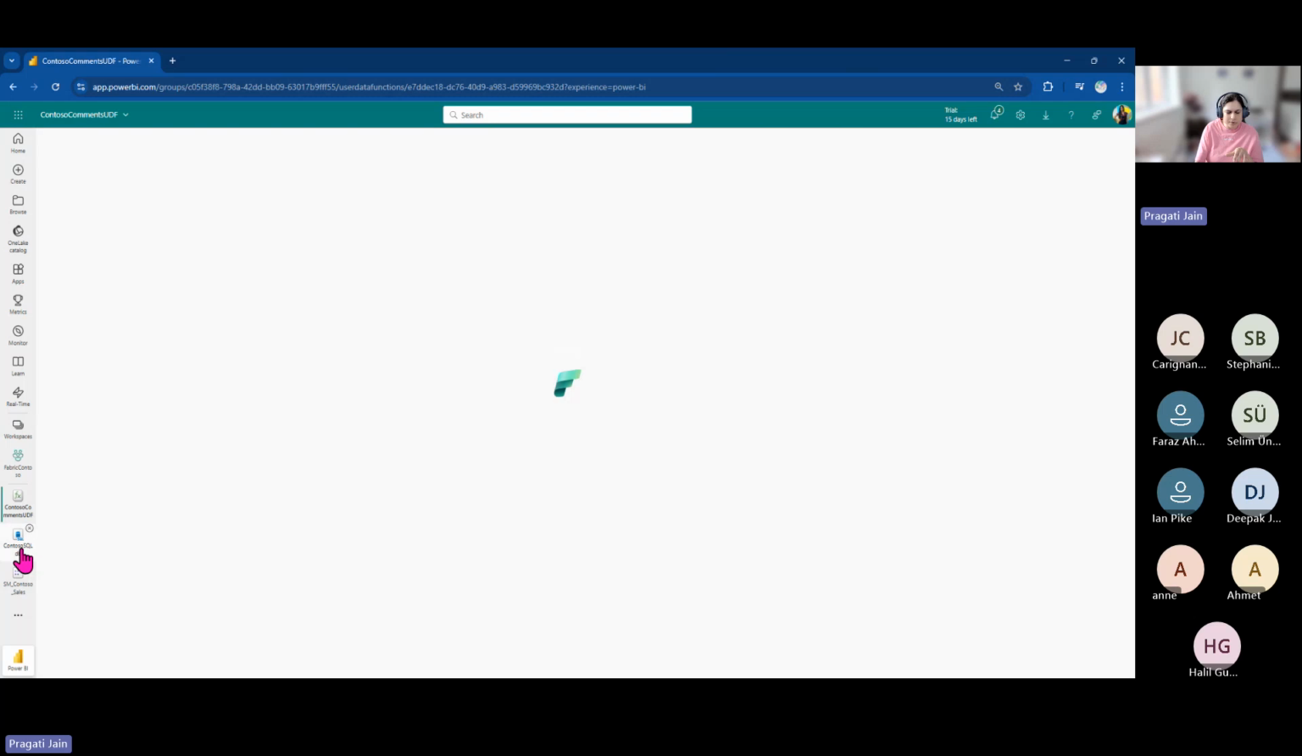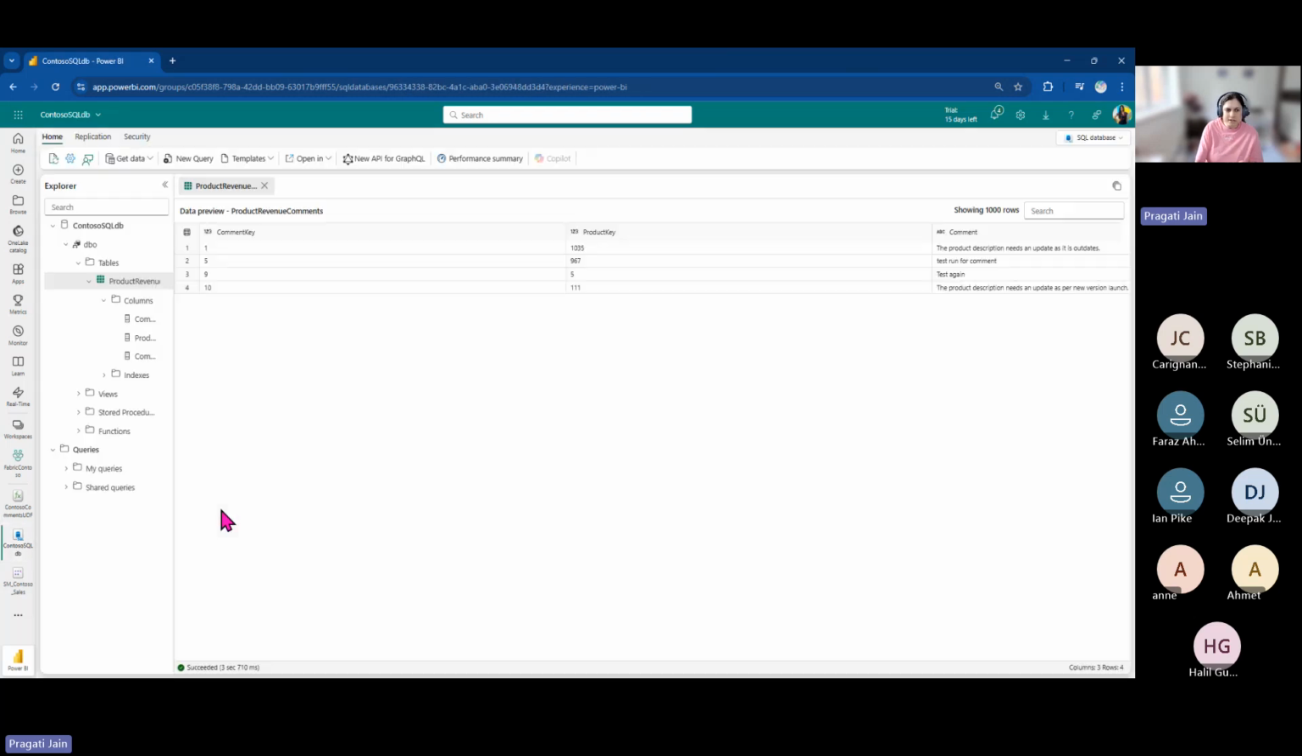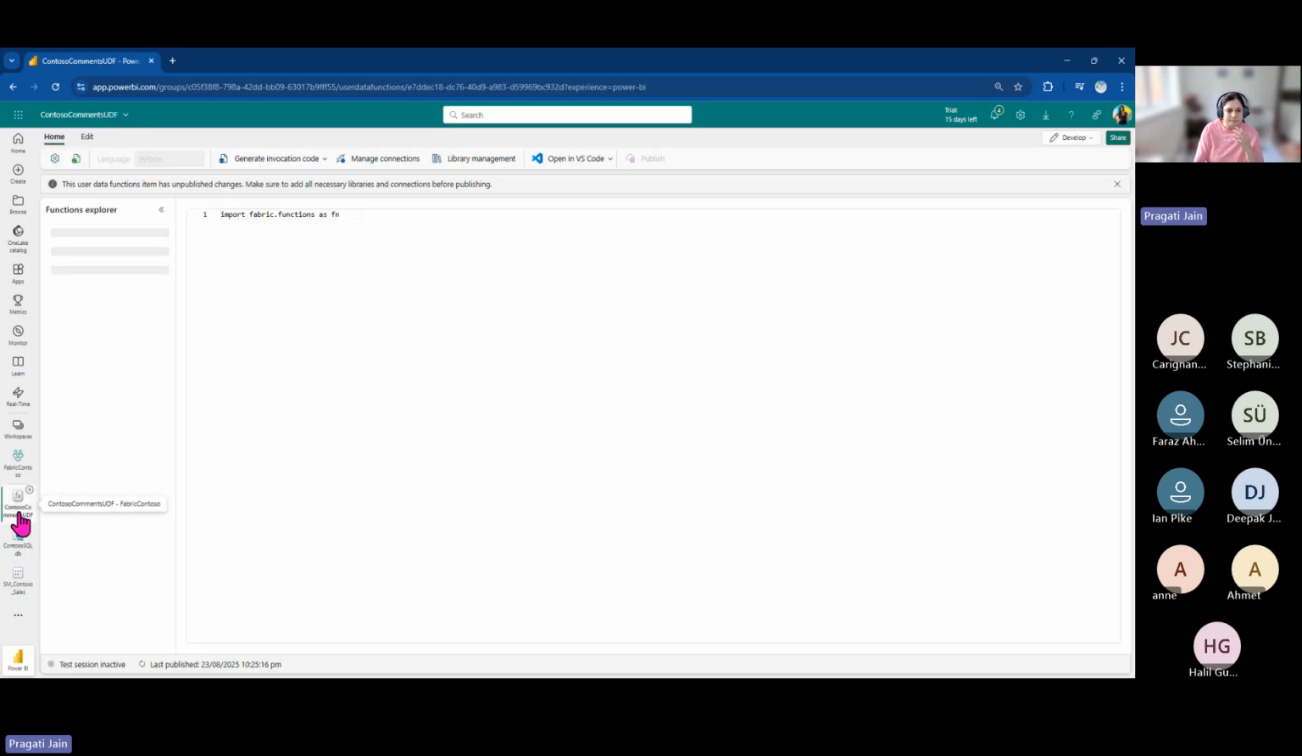Now, just quickly going back. In the SQL database, we created a product revenue comments table with 3 columns. One is comment key, one is product key, and one is comment. So somehow we want to enter that comment as a row in this table. So our input should go for these 3 particular columns. Just mentioning that because in the UDF, we have to define that all these 3 columns are populated by a value. Now, if I go to this particular UDF,